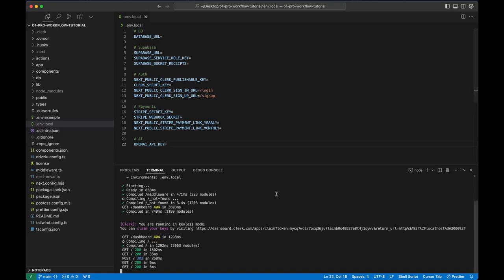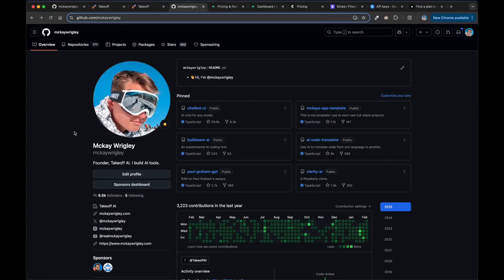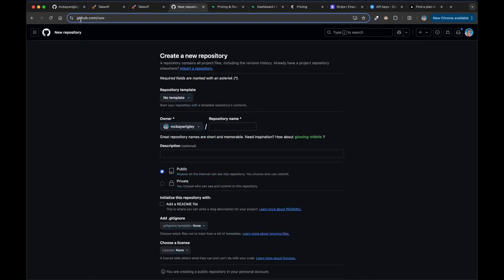for Supabase. I'm realizing that before we actually talk about Supabase, we should probably get you signed up for GitHub. So let's go ahead and do that. So you're going to want to make an account on github.com. So you can make an account for free. So after you create your GitHub account, you can go to github.com/new, and this is going to take you to